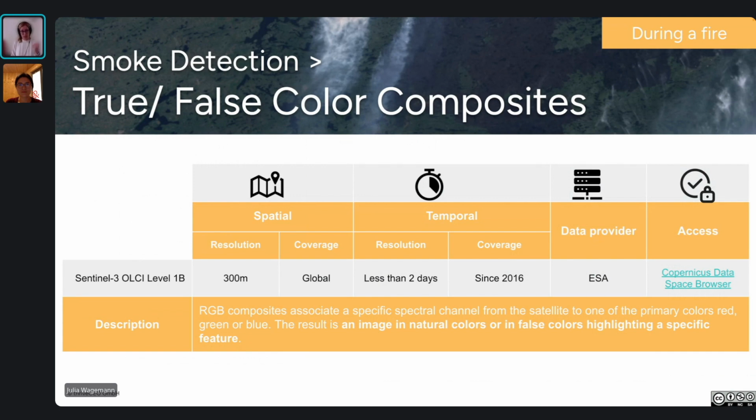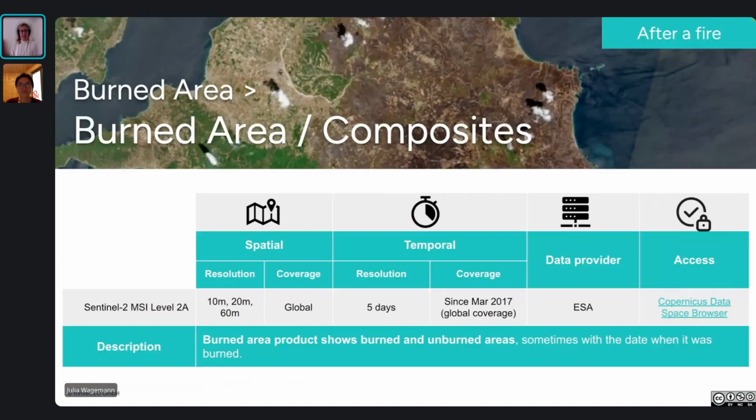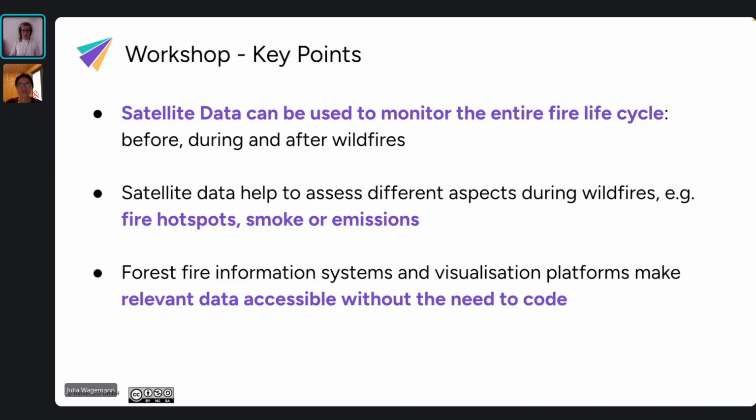For smoke detection, we can use Sentinel-3 OLCI data, and here a true or false color composite. For emissions, we can use data from Sentinel-5P: carbon monoxide, nitrogen dioxide, or the ultraviolet aerosol index. For burned area, we can use composite information from the Sentinel-2 satellite. And with this, I'll hand over to Sabrina again.